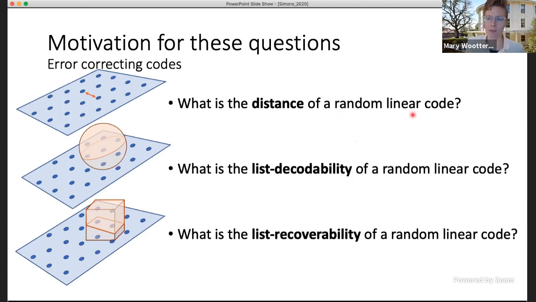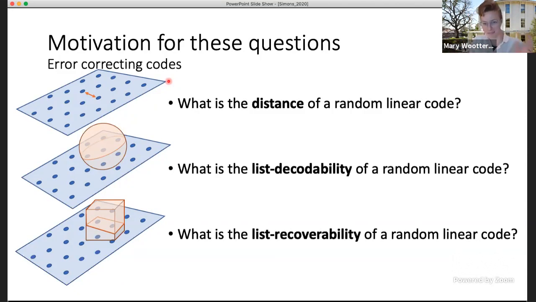And why you might be asking them about random linear codes in particular, or these random subspaces in particular? Well, for some of these questions, if you want an existential result, like there exists a linear code with good distance, a random linear code is a pretty good place to start. For that same reason, they can be useful in constructions. You take a really small random linear code that gives you the best existential thing, and then use that as a building block in some bigger, more efficient construction.